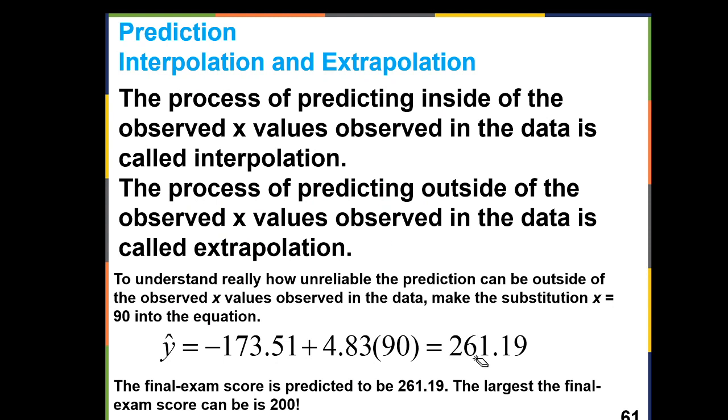We get 261, because 90 is not in the range of the numbers that we had for the third exam. Remember, that was out of 80. So 90 doesn't make sense, and the answer for the final doesn't make sense because the final maximum was 200. You can't make 261 on a test that has 200 points. So extrapolation is not allowed and is risky, but